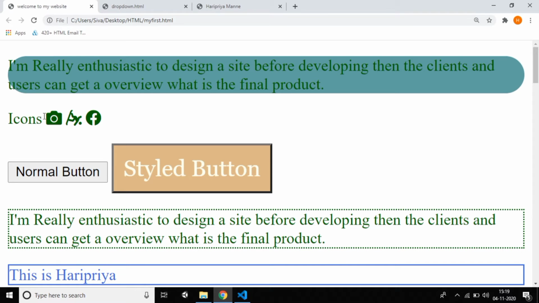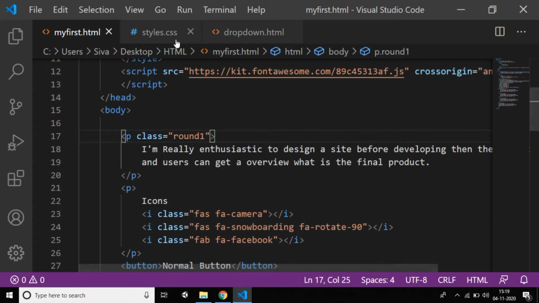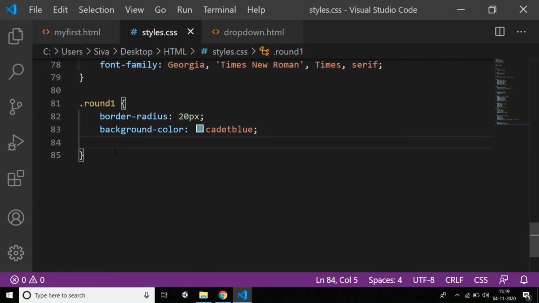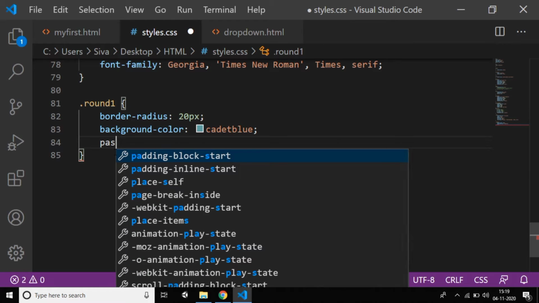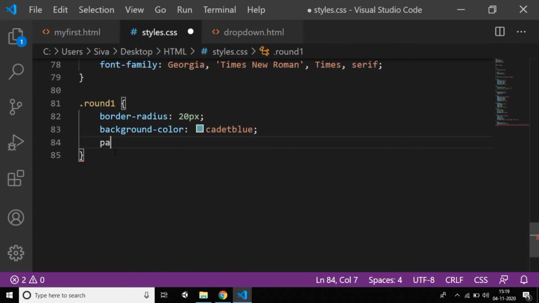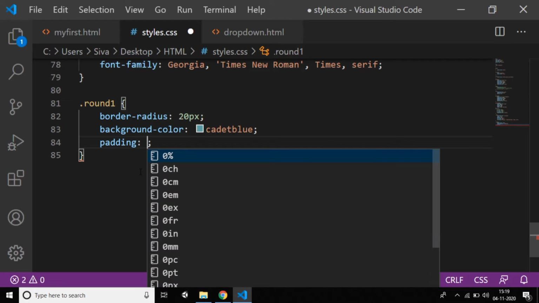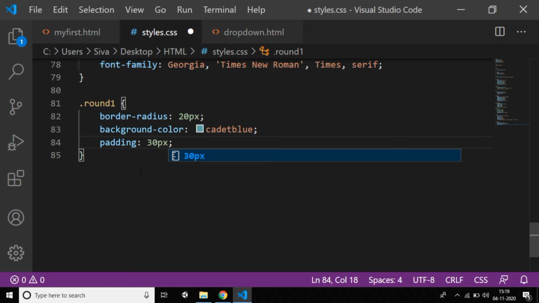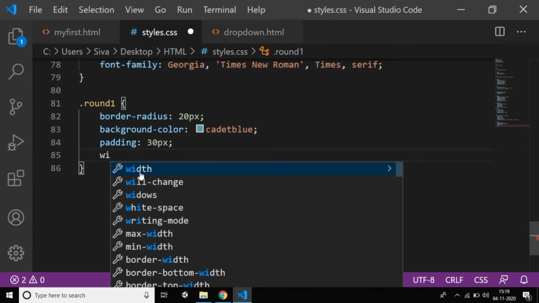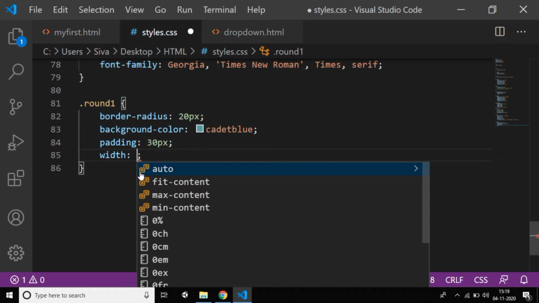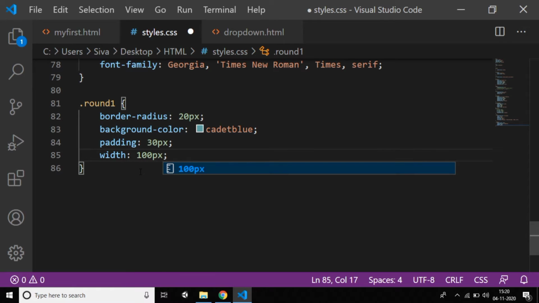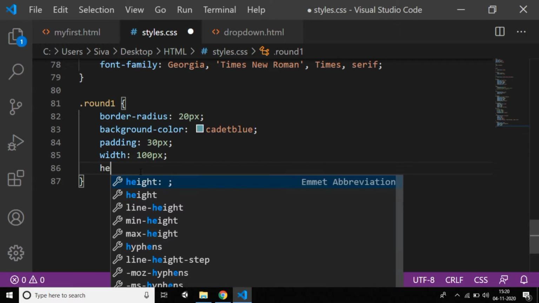If you want clearer rounding, just give padding, like 30 pixels, because it's not that clear. And you can give width and height. I'm giving width 100 pixels, and height also 100 pixels.